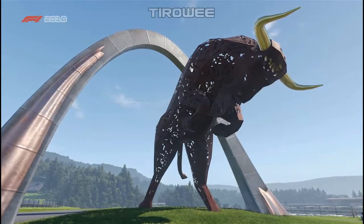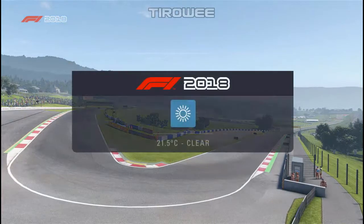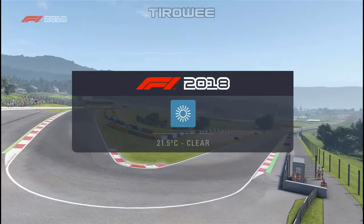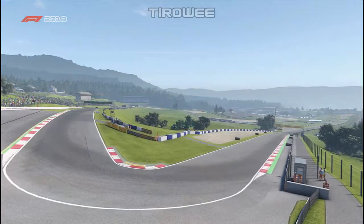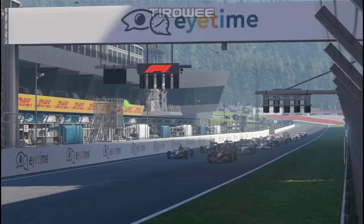Hey guys, Tara here. Welcome back to another round of the Classic Cars Championship here on F1 2018 with me in the 2006 Renault, this time for the Austrian Grand Prix, and this track could be the closest 50-50 track I think I could have chosen